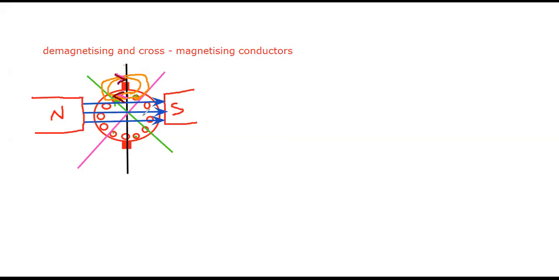If you compare these two fluxes, the main flux and the demagnetization flux, their directions are opposite. One is coming from the south pole towards the north pole, and the other is coming from the north pole to the south pole. If I draw a vector here, this one is the direction of the main field flux, that is Fm. I take it as Fm here.